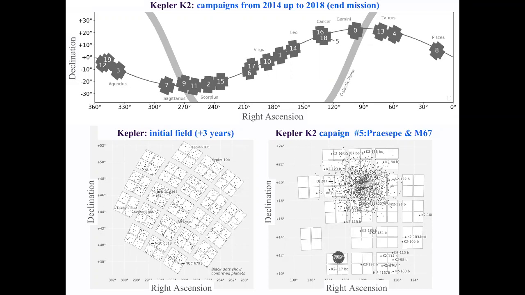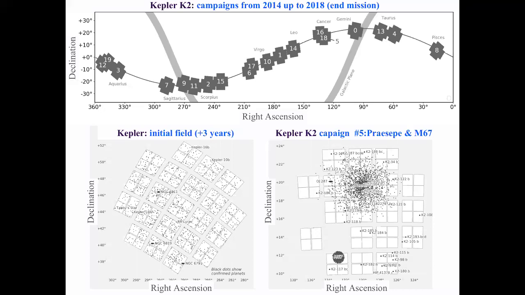It was pointing to the same place on the sky for more than 3 years, as you can see in the left-hand side plot. The sky plane it was looking at was quite big, because how much field of view you are using is a very important factor for being efficient. Eventually it discovered many planetary systems, several thousands, but it had a technical problem, and NASA devised a